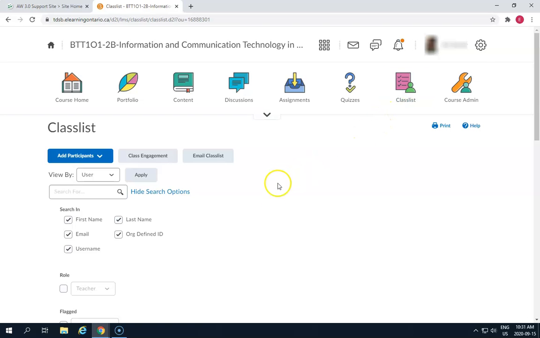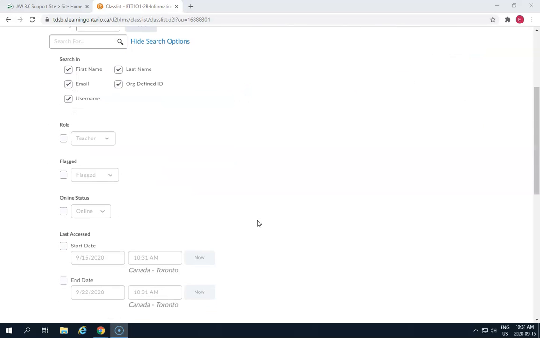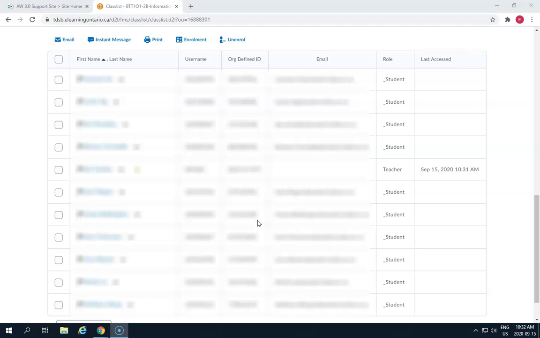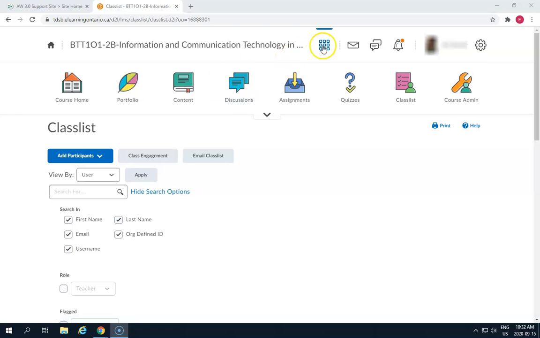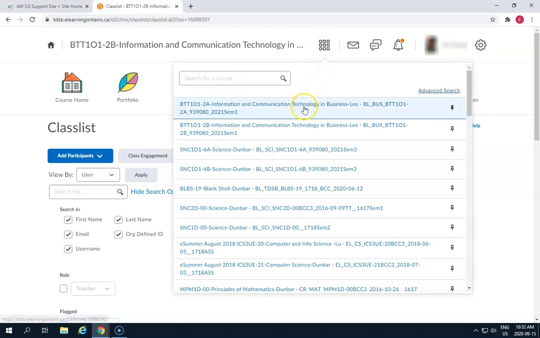And you'll notice in here we have a class list. I will scroll down in a moment. And here we have a list of names. I suggest you notice the username, that is the student's student number. Copy down that list. You will need it to be able to add that student to the other course. So I will, for the sake of simplicity, copy one of the student numbers from here. I will return to the other course. So I'm coming from section B, I'm going into section A,